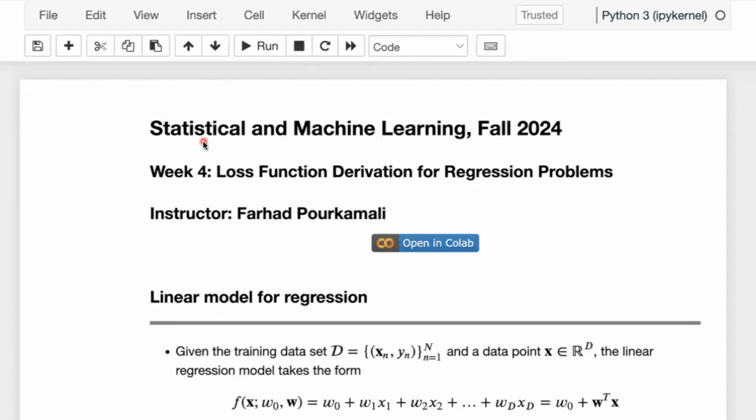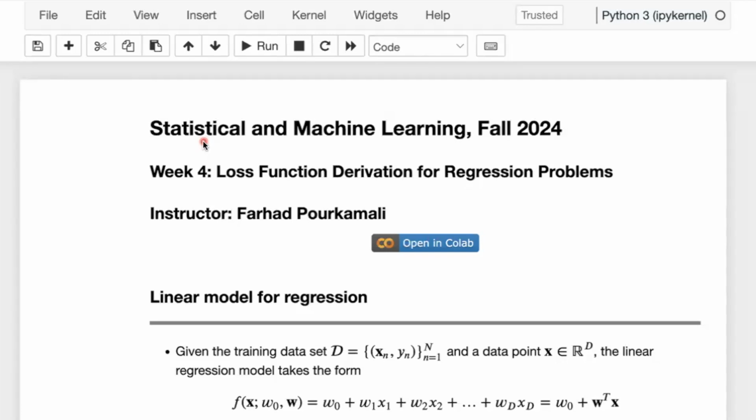Hello everyone. In this video, we talk about finding loss functions for regression problems. Loss functions are crucial in machine learning because they measure how well a model's predictions align with the actual outcomes. By quantifying the difference between predicted and true values, loss functions guide the training process, allowing algorithms to adjust model